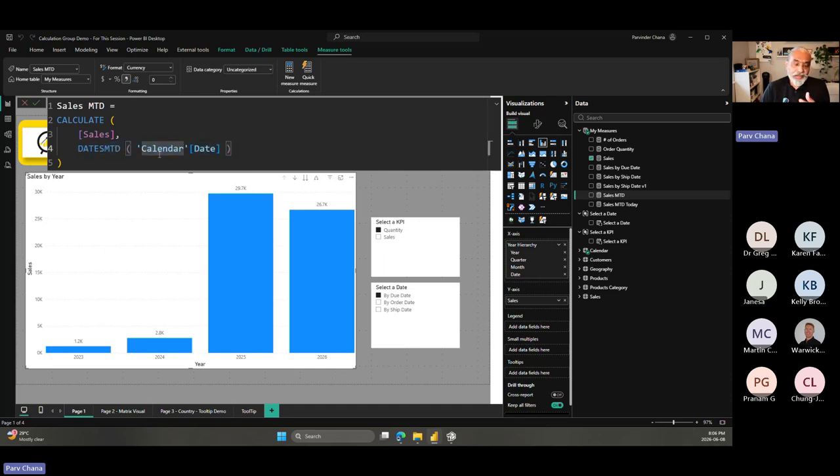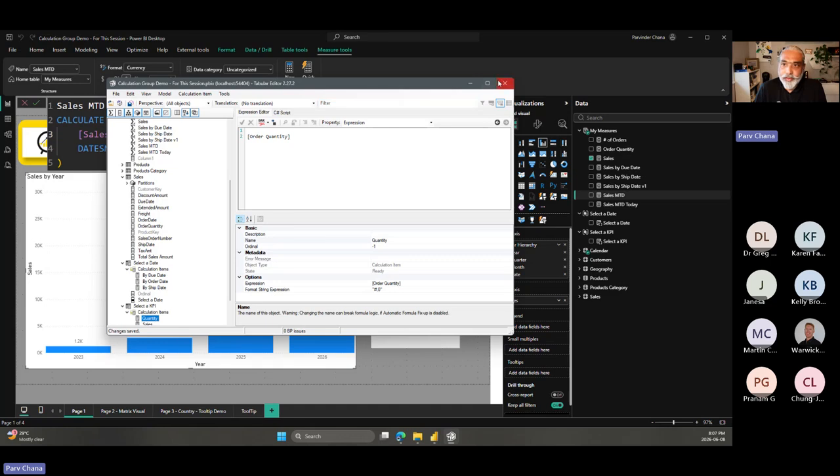So give me month to date data from the calendar date, or dates quarter to date or YTD. These are the DAX time intelligence functions. I'm not going to go into those. So this is my sales month to date. And if I do it for order quantity, I have to do the same thing, and so forth and so on. Now, if I have to write a calculation group for this,